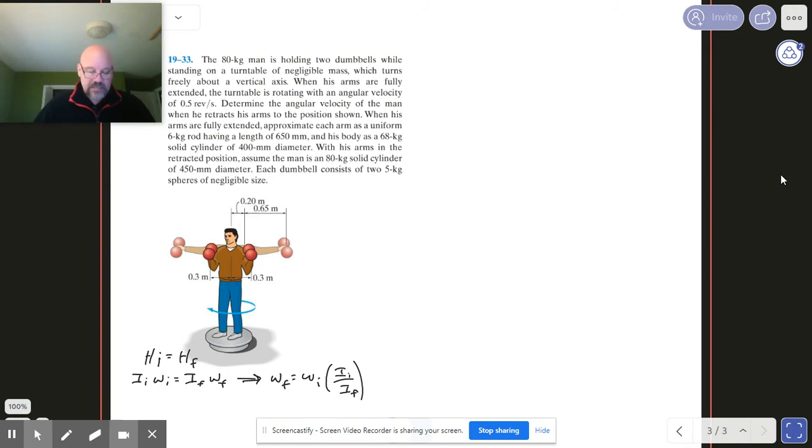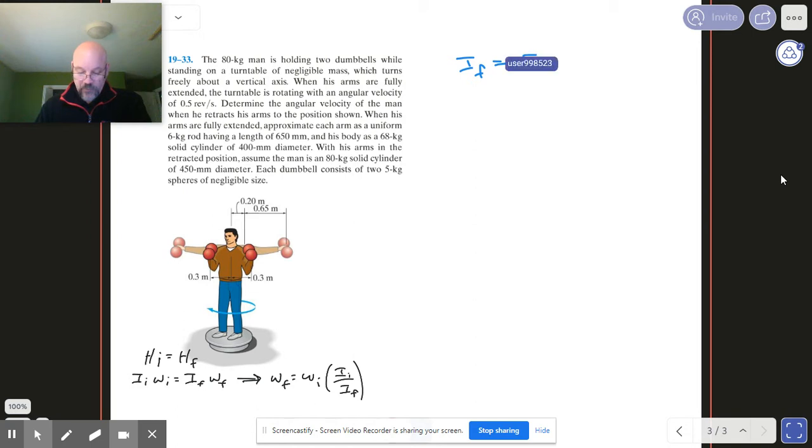Okay. This has a lot of components to it, and I'm going to try and break it down as simply as I can for you. And the simplest place to start is actually at the end. Okay, let's get the final moment of inertia first. And so what we're going to do is we're going to say that the final moment of inertia is equal, oops, I don't know why I put initial in there. That final is equal to two pieces. Okay, well, more than that, really. Okay, we're going to say it's the guy's torso and arms,